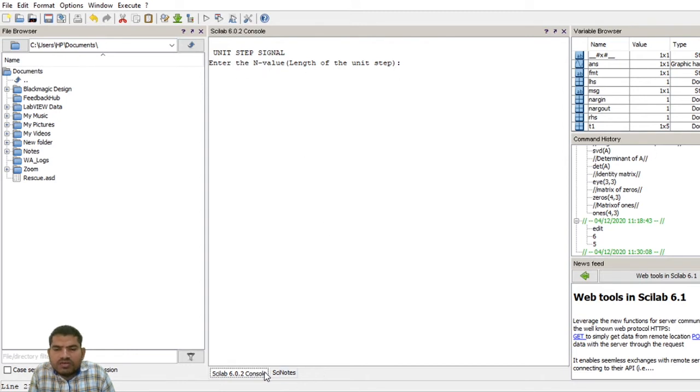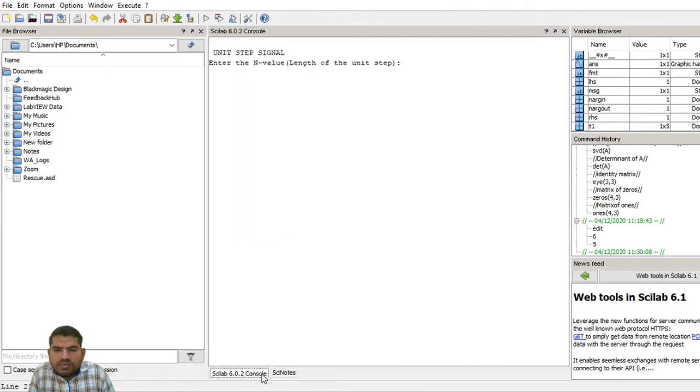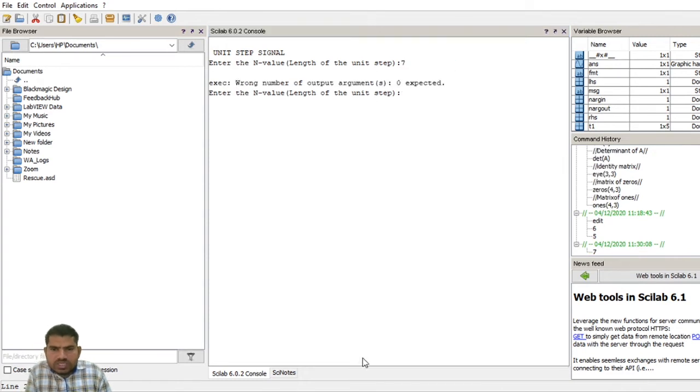Here in our program, that is the enter n value prompt. Now I am typing my n value, suppose the n value is 7. Now see here, this is the output.